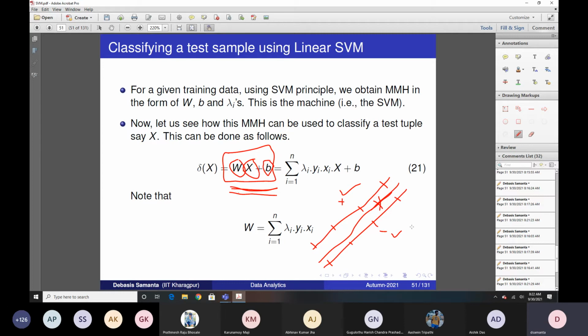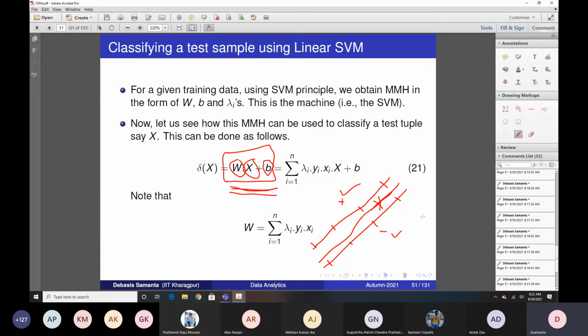Is it okay? Sir, does it depend on us whether to take it as negative or positive? You are right. If I take this boundary, this value is in the negative class. But if you take this other boundary, this can be taken as a positive class. We can understand that this is a bit undecidable.